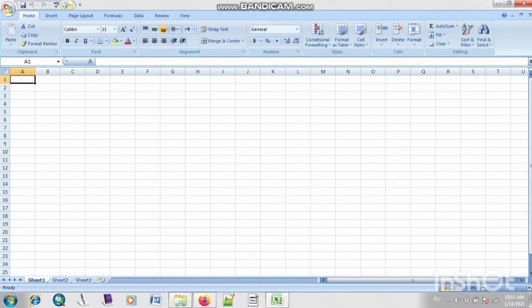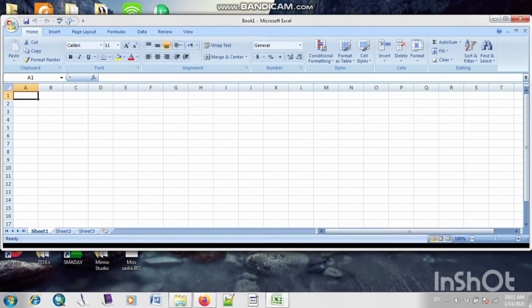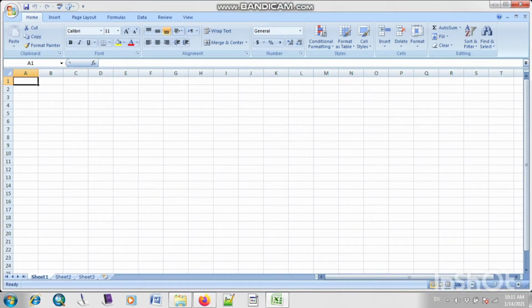Now basically this whole bar is known as your title bar. So what is the name of this bar? This is known as your title bar. The title bar is used if you want to insert the title of your document. If you want to change or type the title of your sheet, it will appear at the top of your bar. So let me change the title of my page.